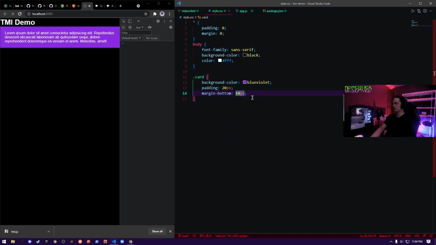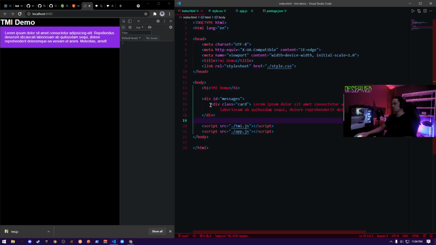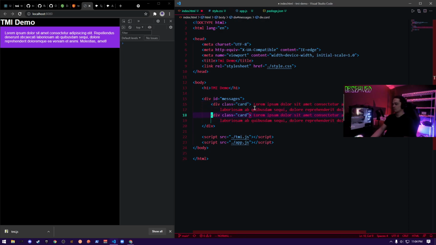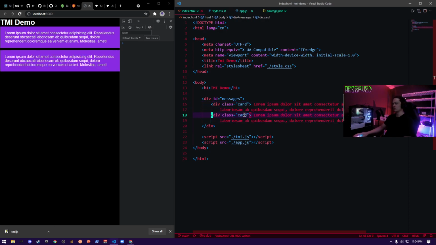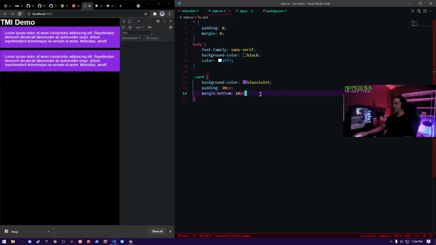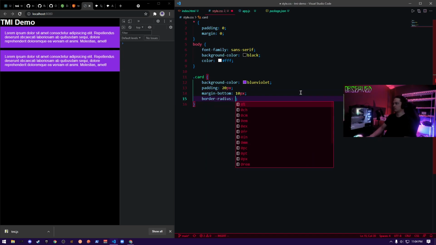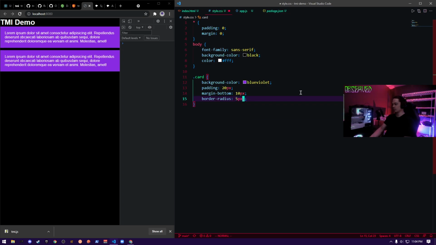Right. Now we have two cards. Let's see, a 5-pixel border radius. It starts to look more like cards.